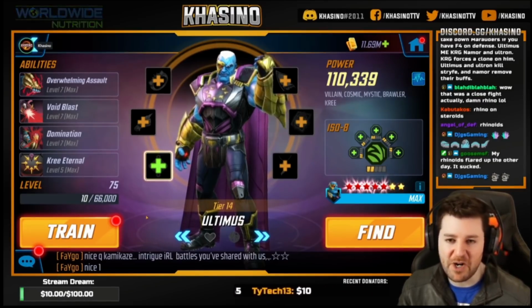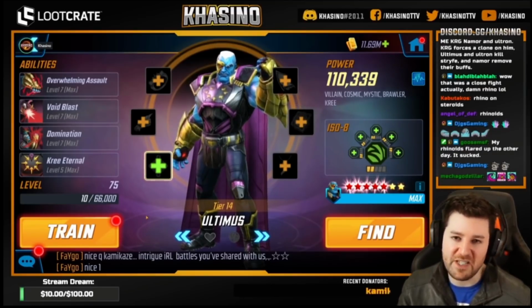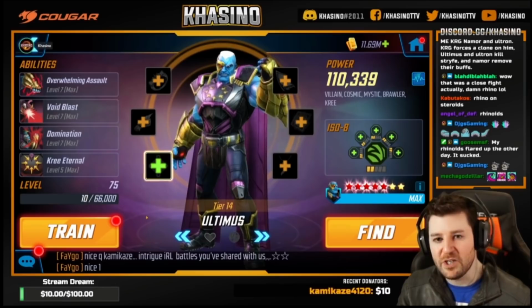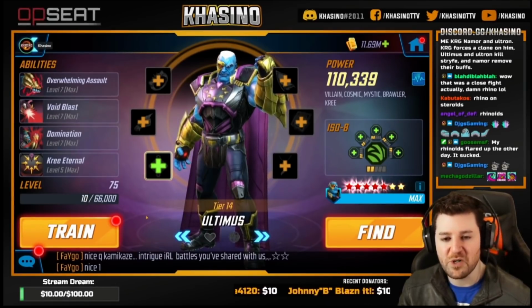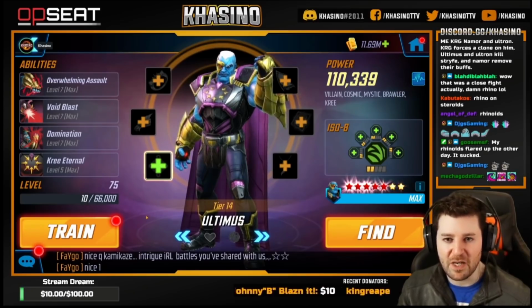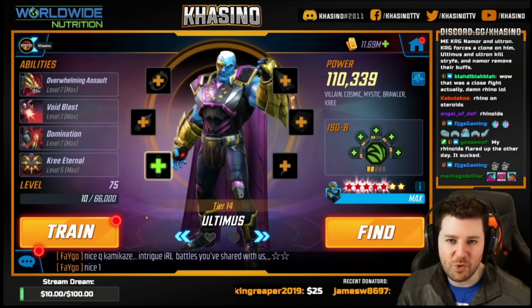Now that's Power Armor has a good amount of T4s that are good value. So if you want to know what T4s we recommend for Power Armor in general, you can go on to discord.gg/Khasino and go to the Orange Essentials channel and look at the T4s. But for this matchup in particular, the only T4s that I strongly encourage, that I wouldn't feel super comfortable attempting this matchup without, are